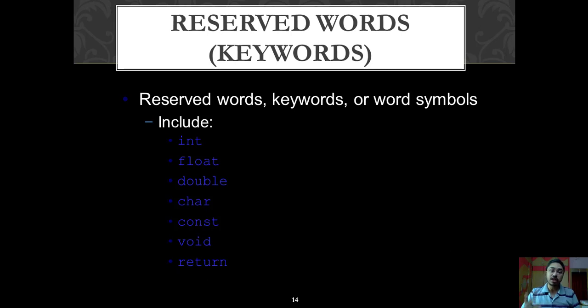So integer, float, double, character, constant, then void, return, all these are nothing but keywords. If you start using these words in a normal way for creating a variable, then the compiler will start getting confused about it. So you have to avoid that confusion. So you should not use these words while you create variables or when you give names to functions. So these words are specific whose meanings are already defined. That's why we call them keywords, or we call them reserved words. So these are reserved. You shouldn't use them anywhere else unless they are absolutely essential in that place.